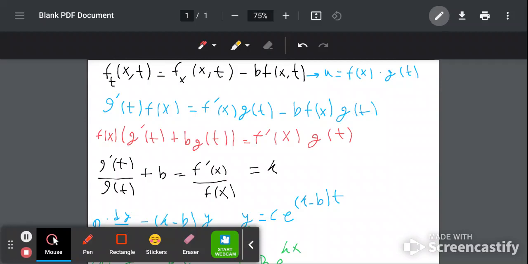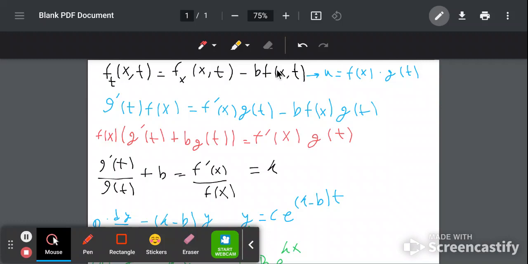Hi, I'm Kian, and in this video I'm going to show you how to solve a real application of partial differential equation using separation of variables. So you have this equation, the first partial derivative of a function of two variables x and t with respect to t is equal to the partial derivative of the function with respect to x minus b, which is a